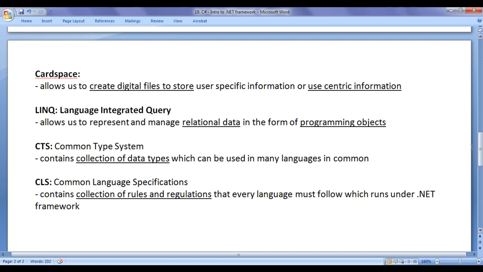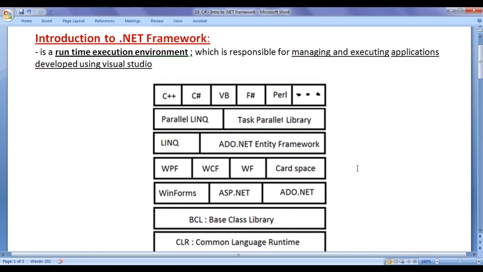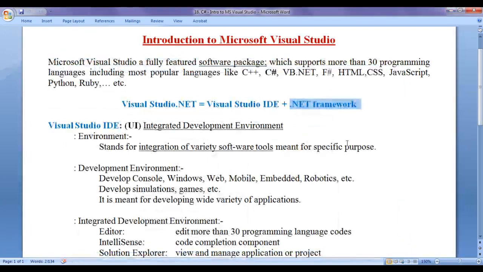That's it, guys, for this video tutorial. I hope you guys have clearly understood the .NET framework: what the .NET framework is and what the different components available inside it are and their purpose. I think for this video tutorial, this much is enough, friends. I suggest you watch this video again and again, and understand everything clearly.